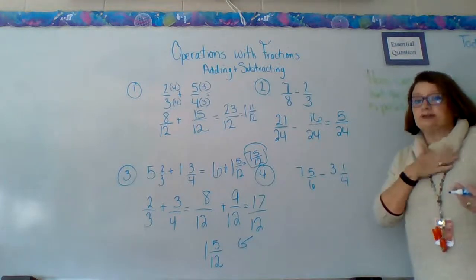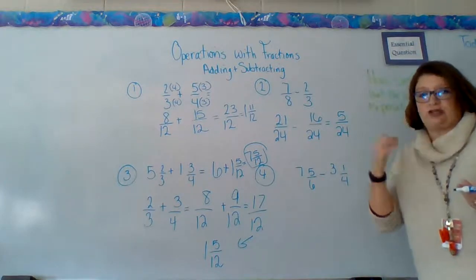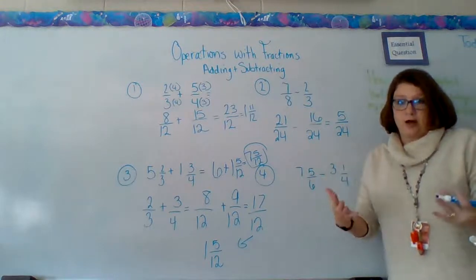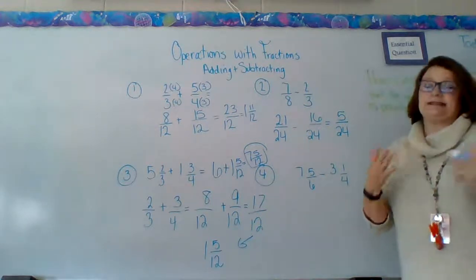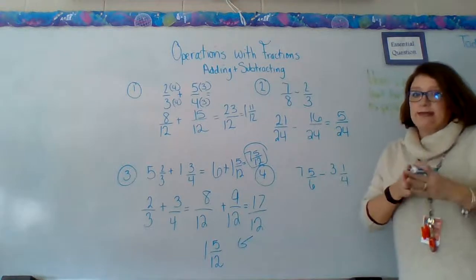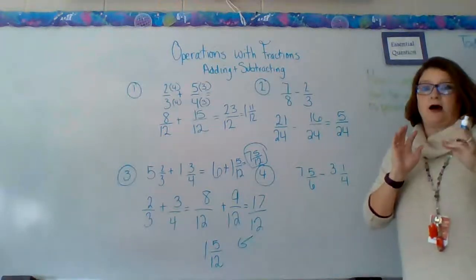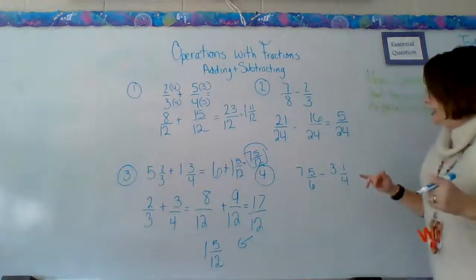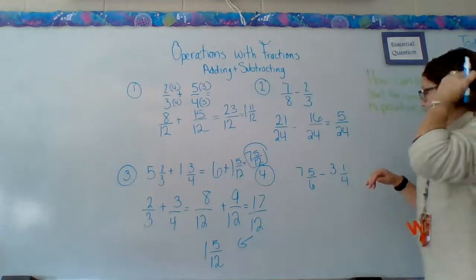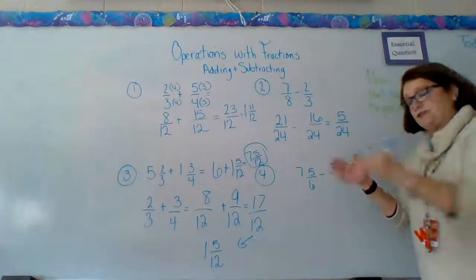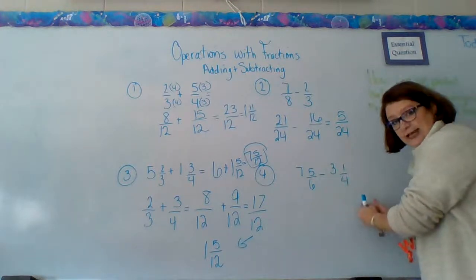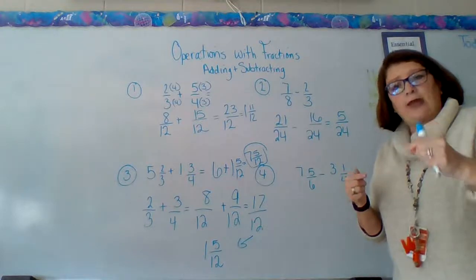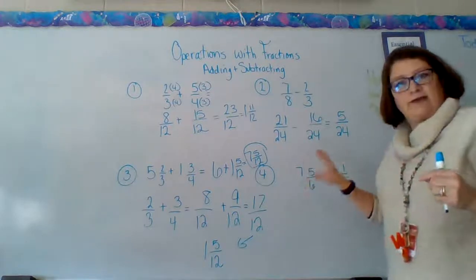I personally find that it's easier to change these fractions to improper before I find the common denominators. Yes, I'm making the numbers bigger, but I'm afraid that you're going to forget about your whole numbers here. And sometimes the fractional part can actually be smaller in the first fraction than it is in the second, but when you change it to an improper fraction right off the bat,